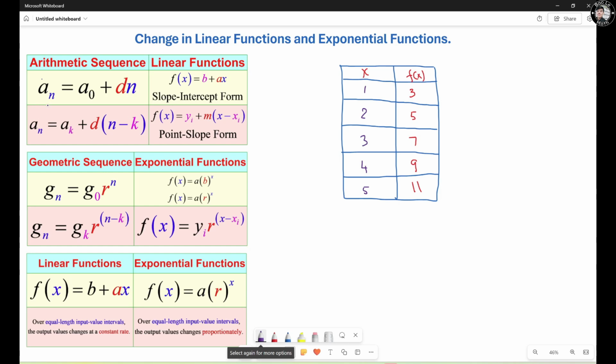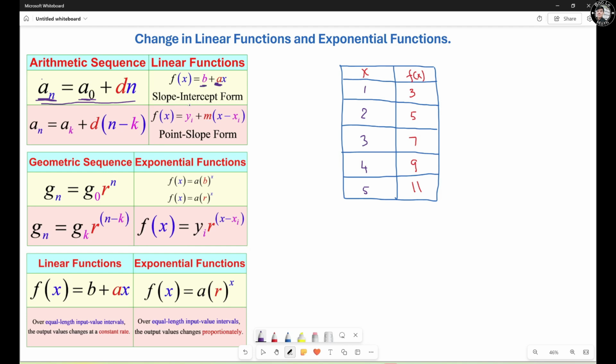In the last topic we learned the formula for the arithmetic sequence given the initial value: a sub n equals a sub 0 plus d times n. d is the common difference, a sub n is the n-th term, and a sub 0 is the initial value. This formula is similar to the linear function in slope-intercept form, which is f of x equals b plus a x, where a is the slope and b